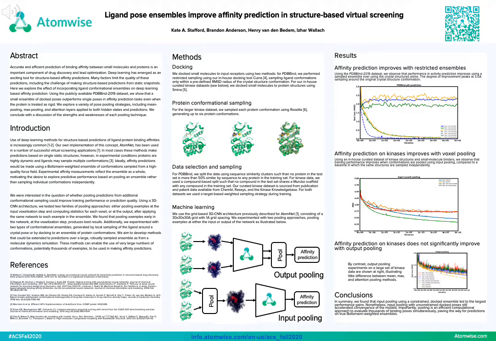In the third column, we show three examples of applications, one on the locally sampled crystal structures at the top, where we find that sampled ensembles up to an amplitude of about 3.0 angstroms improves affinity prediction. And on the bottom, you'll see protein sampling showing both the input and the output pooling strategies and illustrating faster training in the pooled case compared to baseline.